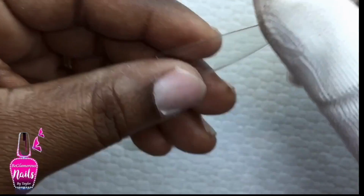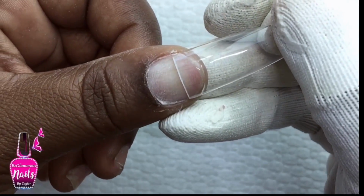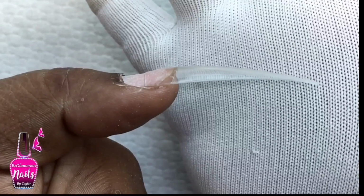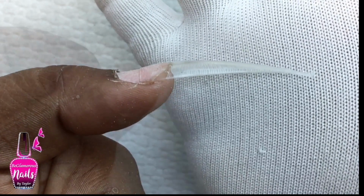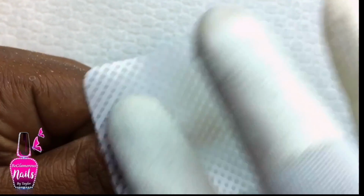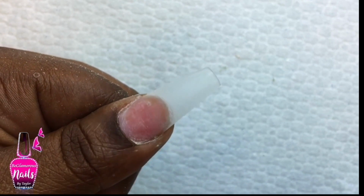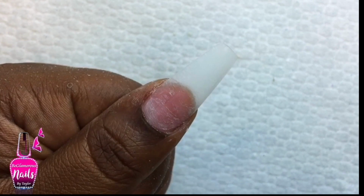So today I have my long-awaited Polygel ombre full set to share with you guys. I am using tips for this application. I love these tips because it looks as though I sculpt my nails. So I went ahead and prepped, applied my tips and shaped them. And if you're interested in that video, I'll have it listed in my description box below and in the cards